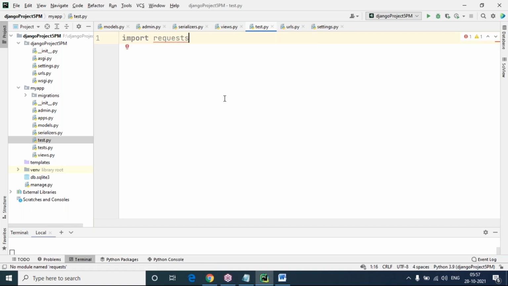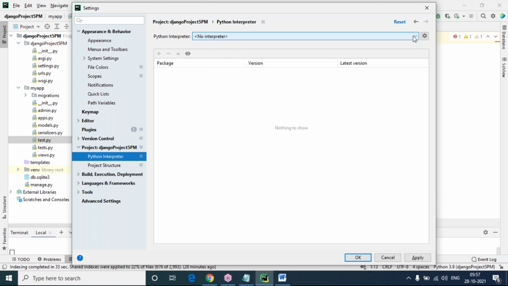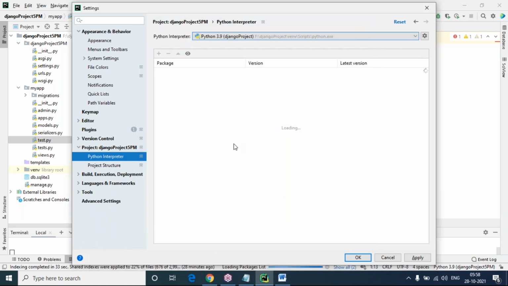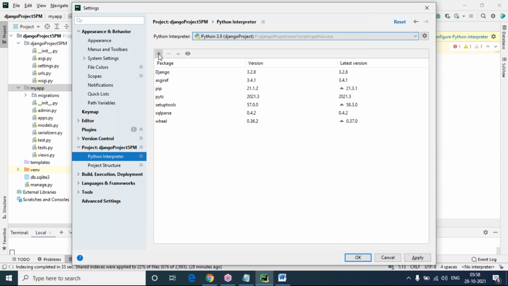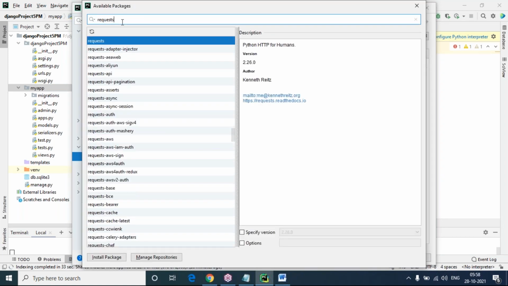Yes, this is it. If not, I'll try to include that. I think request will not be there. No, capital R, I know that. Yes, I have to install it quickly.